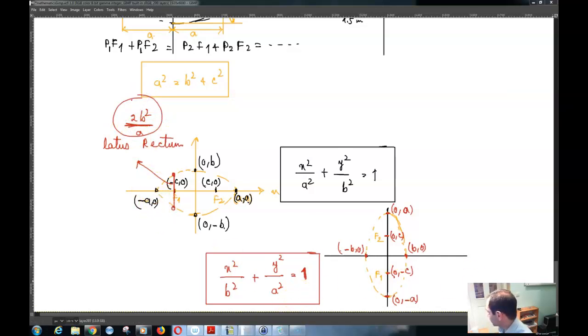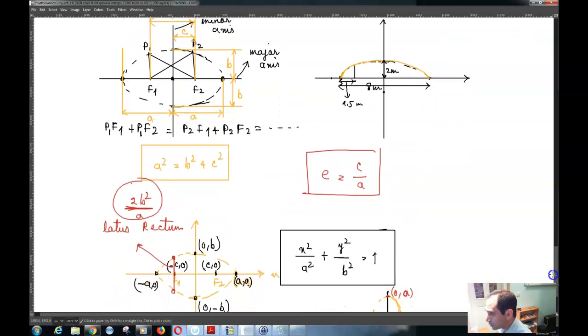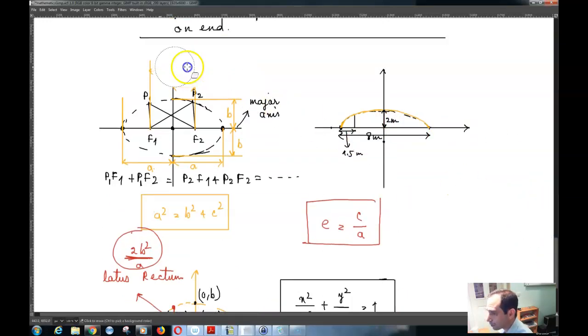Now, of course you know that the eccentricity of an ellipse is equal to c by a. That is some definition that is used for most of these conic sections. Now the question that we have here is that we have this situation over here,